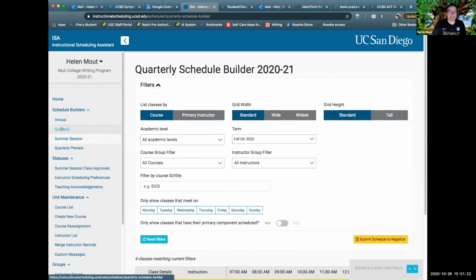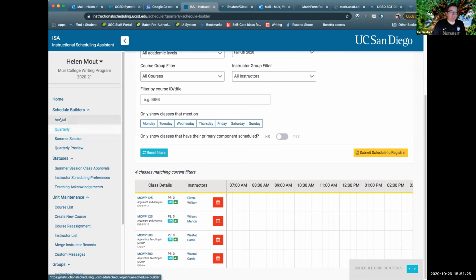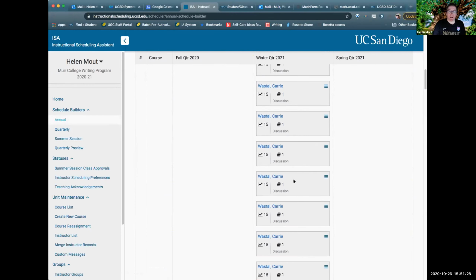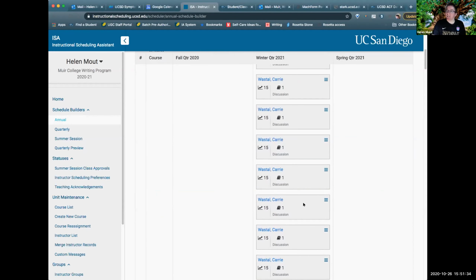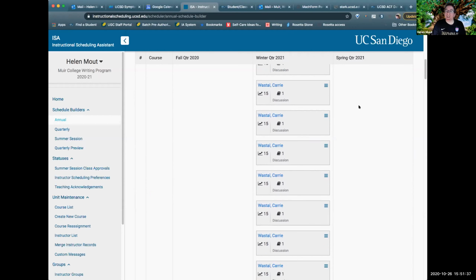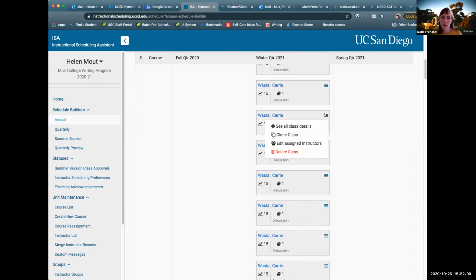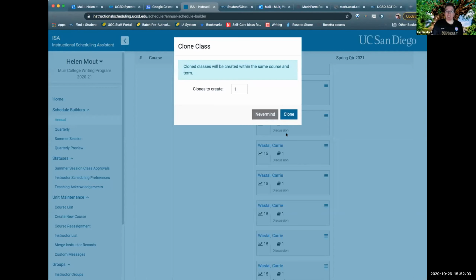The other question I have is I have a similar issue here where I have 40 sections. Is there any way to just say, I want 40 versions of this here? Yes, we just introduced a new feature a couple weeks ago that allows you to clone an instance of a class. Oh yes, I did see that clone. Can I drag this to here? Can I reassign it to a different quarter? If you click on the little hamburger icon, the 3 lines, and click clone class. Okay, that's what I did to create these.